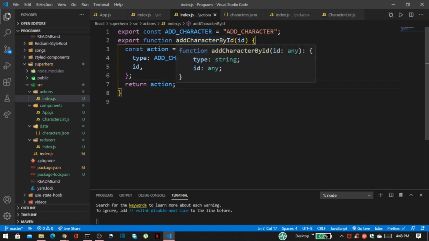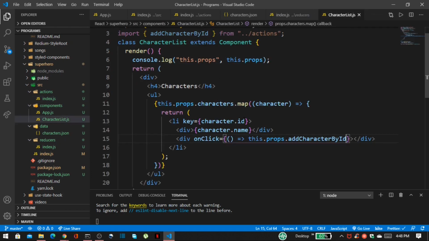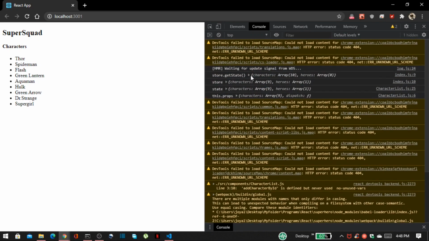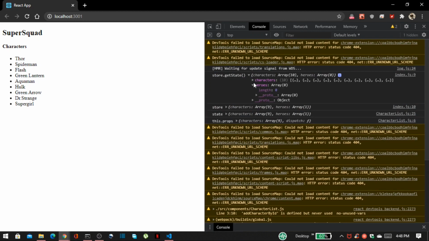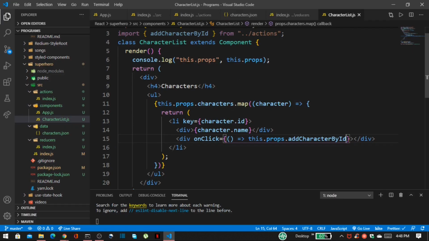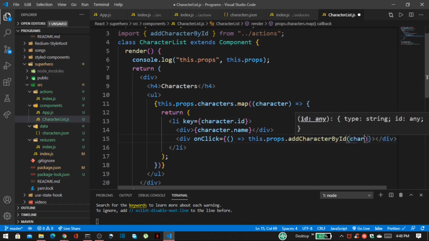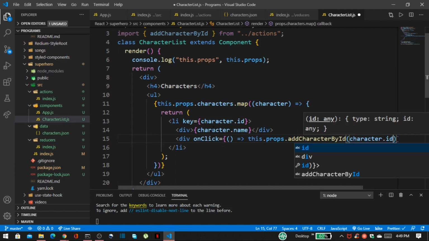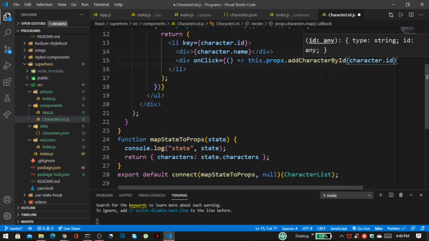In this addCharacterById function I want to pass this character.id, that is this unique id, 01 whatever. So here I want to pass character.id, and I also want to use that function in the second parameter instead of null.